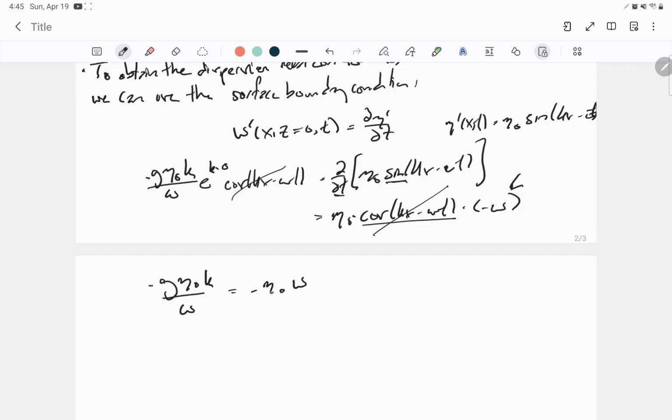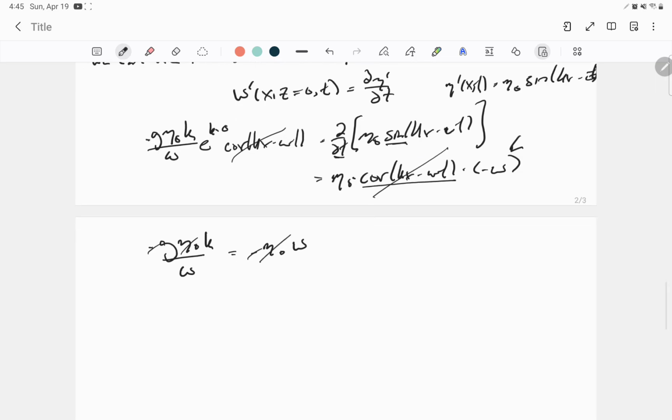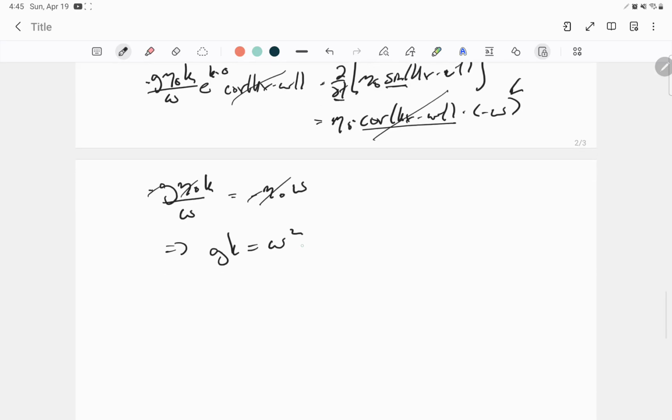And now we can see that the minus sign and the etas are going to cancel. And so we can write this as gk on the left-hand side equals omega squared, or it's more conventionally written omega squared equals gk. And this is the dispersion relation